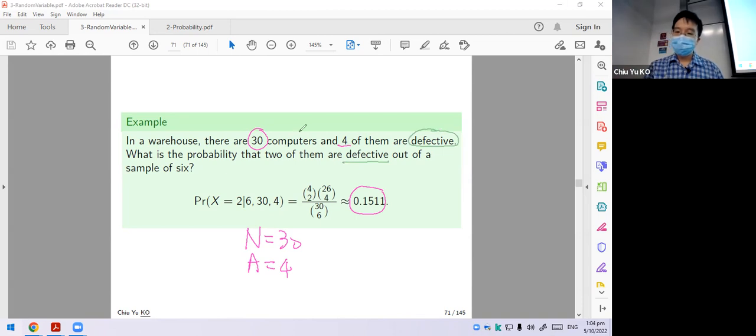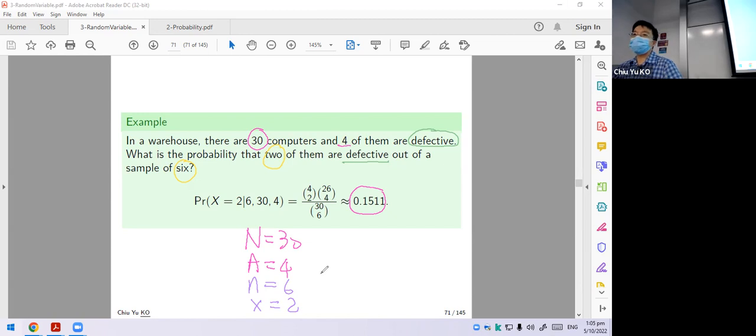Okay, we draw 2 out of it, right? So that's why out of 6, right? So that means we have a small n of 6, right? X is actually 2. Because we draw 6 out of it, and we want to calculate the probability that 2 of them are defective. Okay, so that is the problem, and you can easily see this has a lot of application